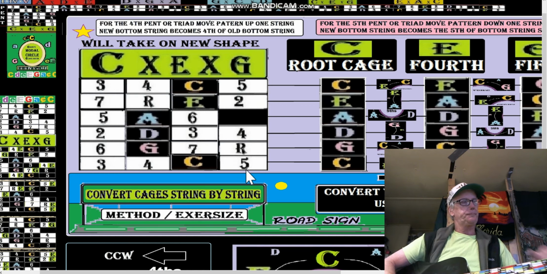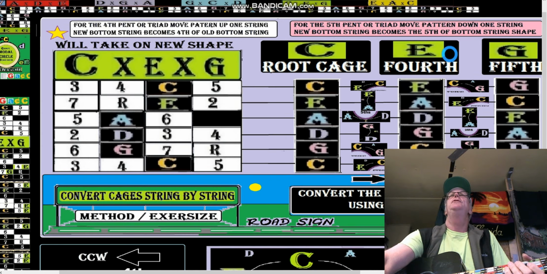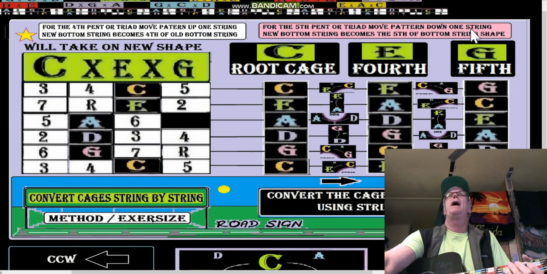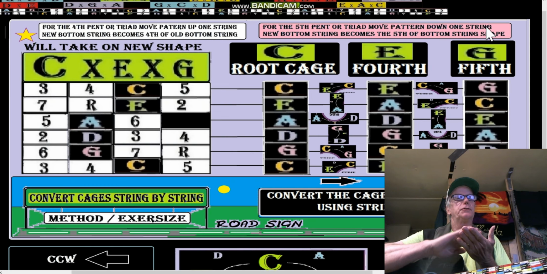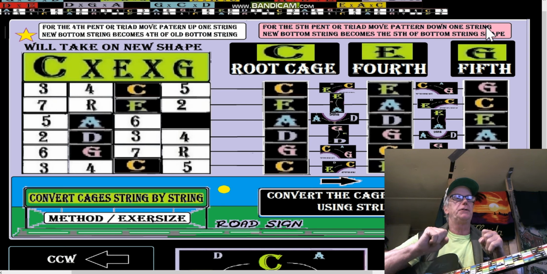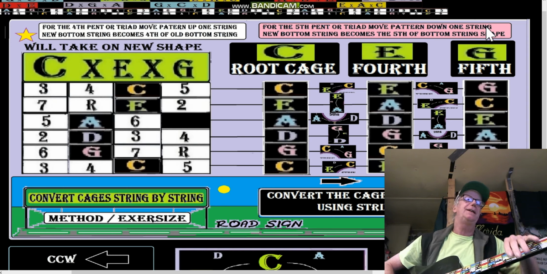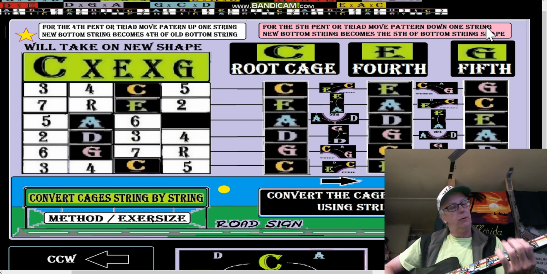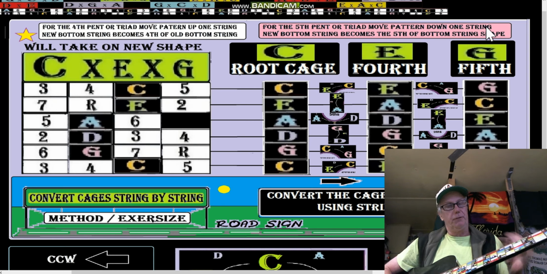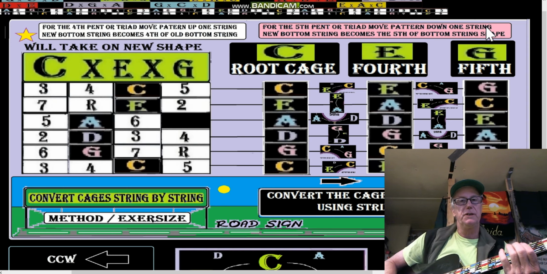So, now if we're going to go, it says for new fifth pentatonic, move the pattern down. But I want you to only do this with pentatonic and triatonic. Pentatonic probably first, or else we'll go into the key of the fifth. So we found out with moving the pattern up, we replace the bottom string with the fourth string shape of the pattern. So C,